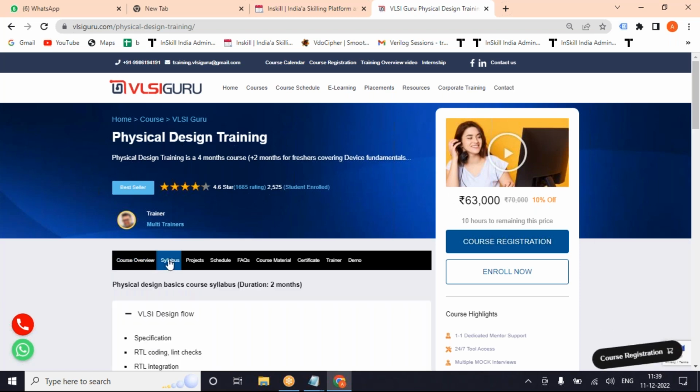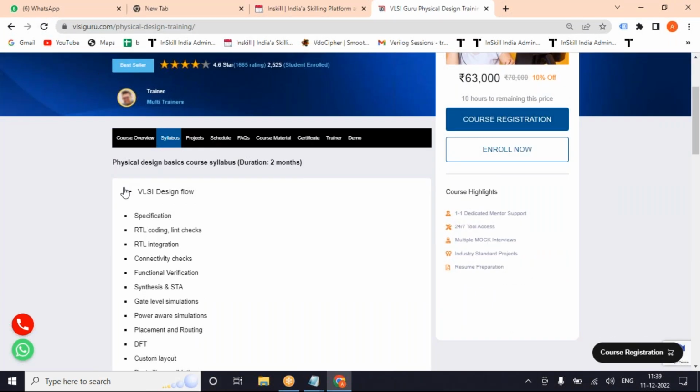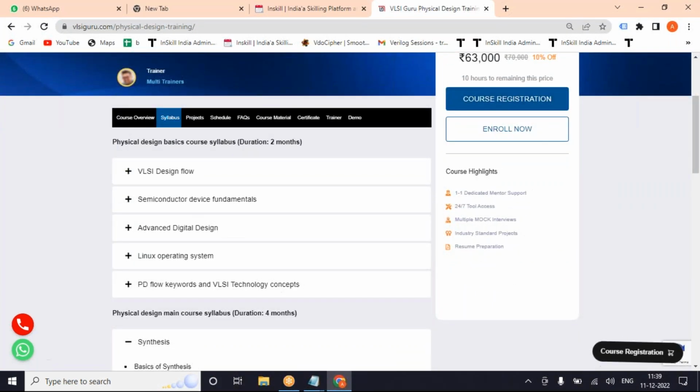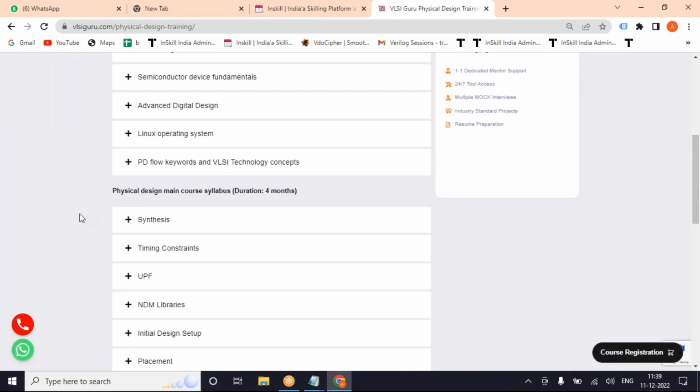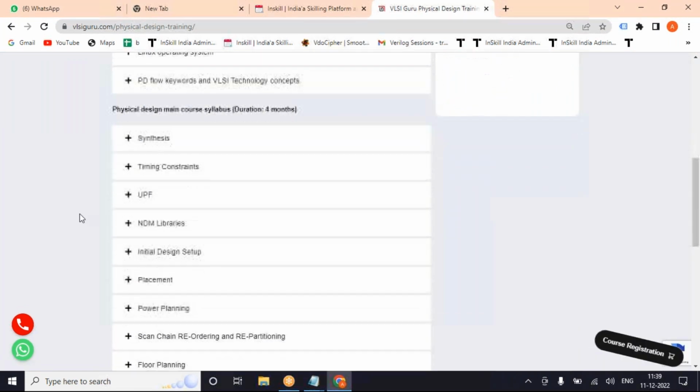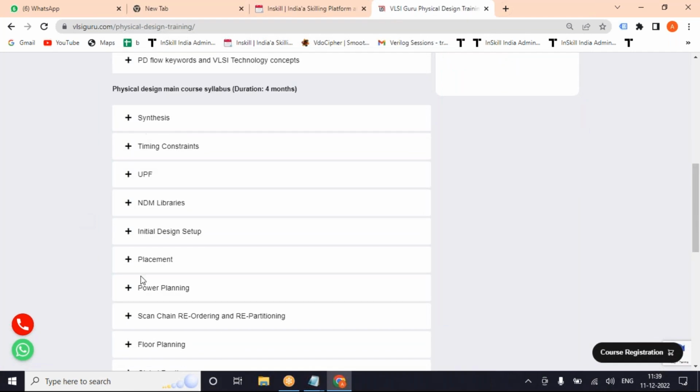If I walk you through the syllabus, this is the basics, 2 months of basic syllabus, and then it comes to the main syllabus, that is 4 months of main training. Every topic is associated with assignments, and these assignments are uploaded onto the portal.